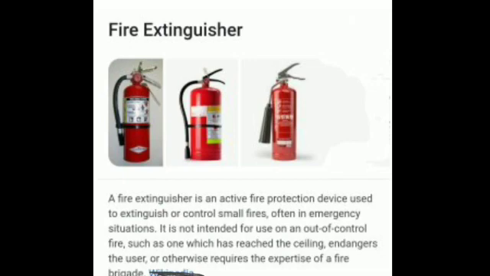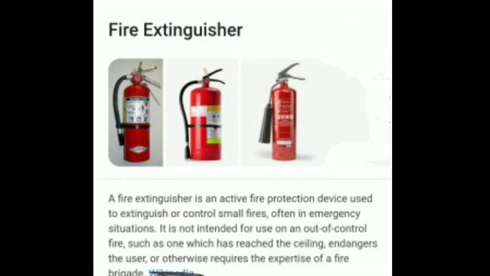Now, what is a fire extinguisher? When there is a fire anywhere, we use this equipment, this particular apparatus and device, which is present in almost all public places as well as in schools, and certain people have it at home also. This is used to extinguish fire, or it is a device to protect us from active fires, often in an emergency situation, and carbon dioxide is used in this device to put off fire.